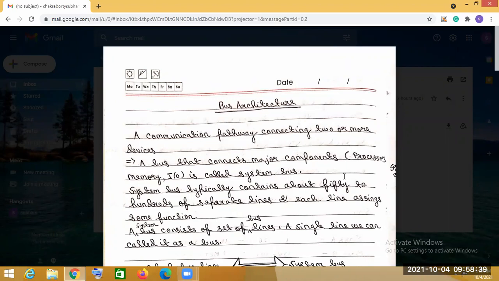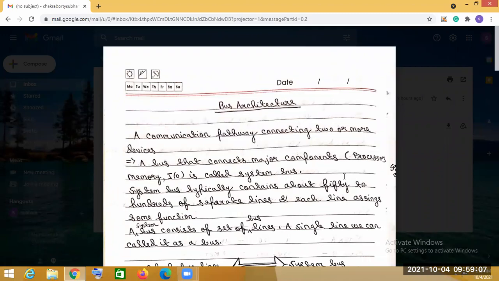A single line we can call a bus. So the system bus is the collection of buses. This is the concept of the bus.